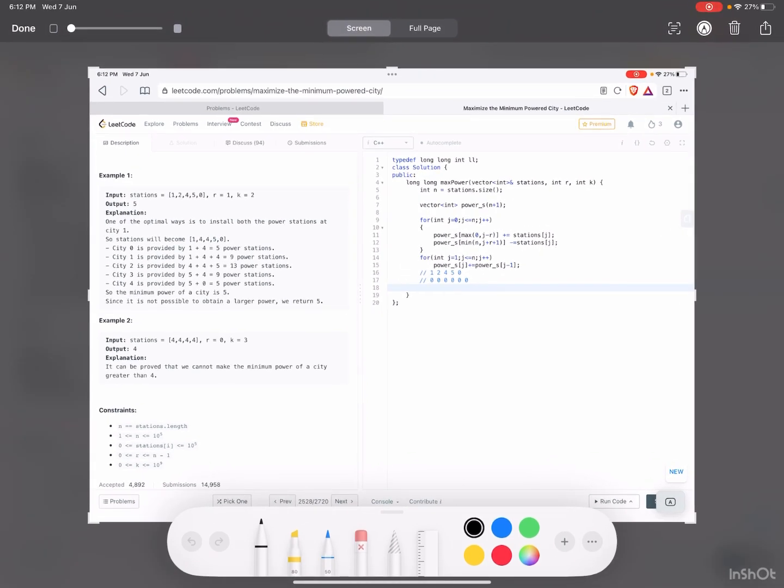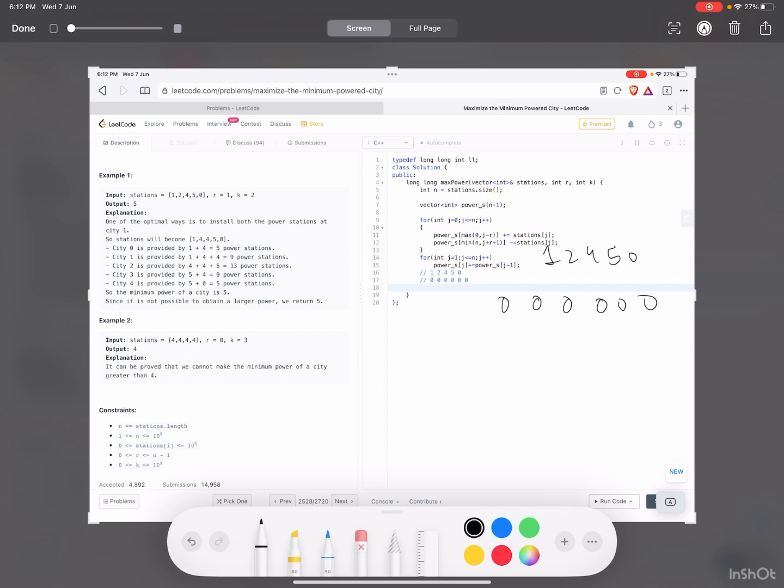So I have this array 1 2 4 5 and 0, and I have this array 0 0 0 0 0. For the first element, if I do j minus r, which is 0, it doesn't matter.